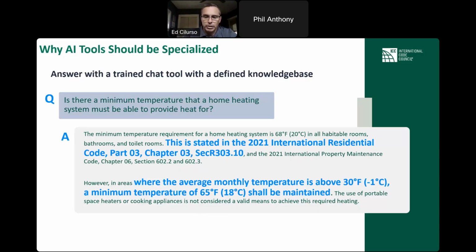It can very quickly find information. It can deduce information very well from sort of unclear questions, a lot of times better than we could. But when it is writing its answer, we don't give it a lot of freedom to write its answer. In this case, it cites really provisions of the code correctly, which is if there's a higher temperature, actually a lower minimum temperature is required.